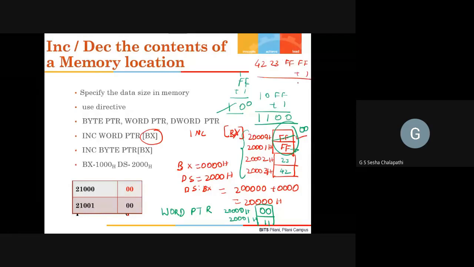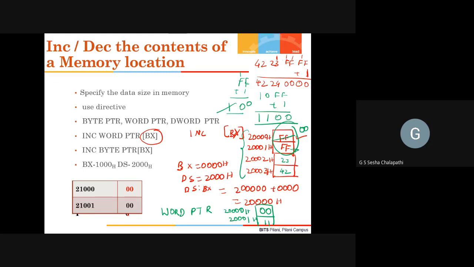What will it become? 0, 0, 0, 0, 2, 4, 4, 2. I'm adding a 1 to it. So adding 1 will become 1, then carry over, then you have a carryover. So it will become 4, 2, 2, 4, 0, 0, 0, 0. Right. So it will change.